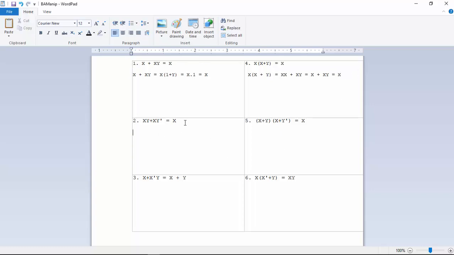Now here, xy or xy bar, we can write it down as x, y or y bar equals x and y, x and y 1, which is y plus y bar is 1, x. This one is similar, x, y and x, y bar, which I can do like this, x plus y, y bar, right, by identity distribution of or, and then it becomes x or 0, which is x,